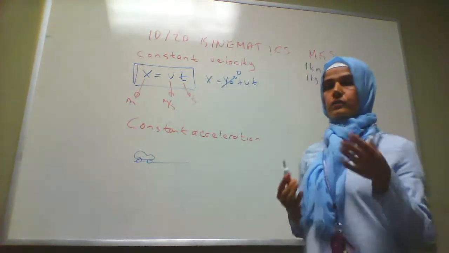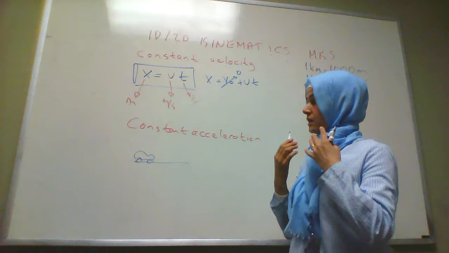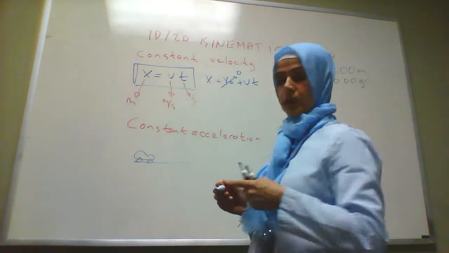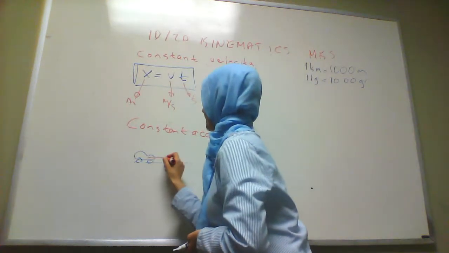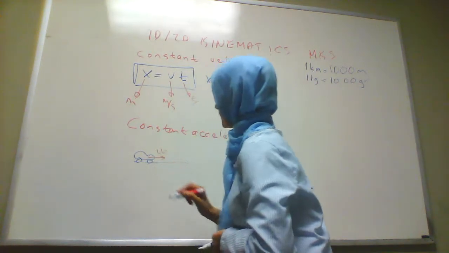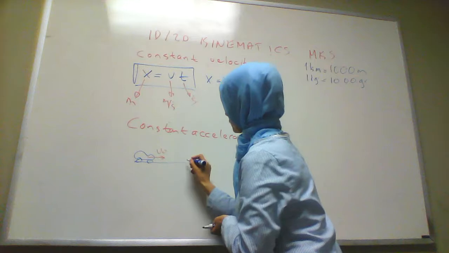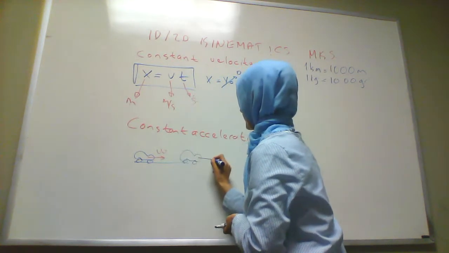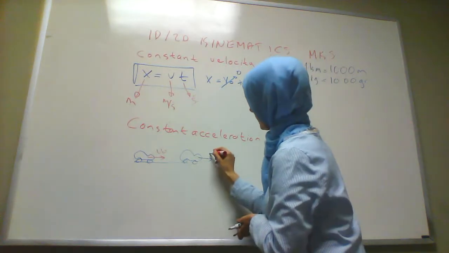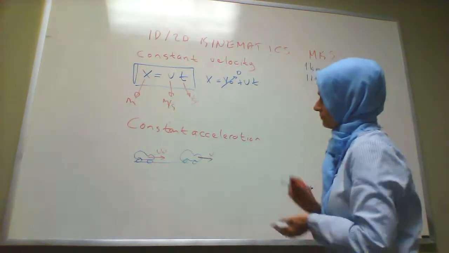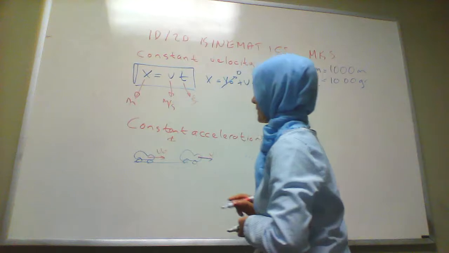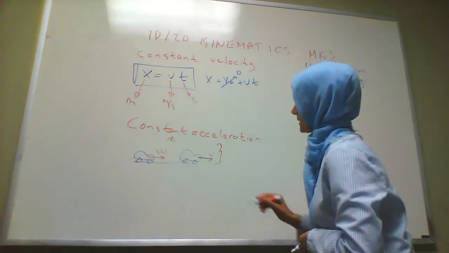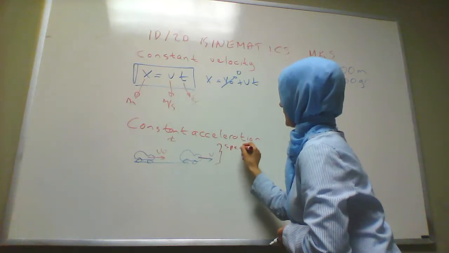Choice of direction is generally arbitrary. You can choose any direction, but our choice was going to be the direction of velocity. Let's say we have a car, it has an initial velocity of 0, driving in the direction to the right, and we say it has a final velocity after some time. And let's say we know the time as well, and we have to find what is the acceleration of the object. If the object is speeding up,